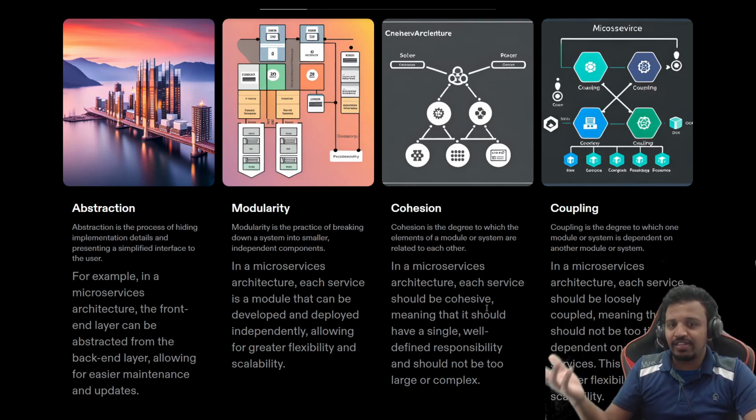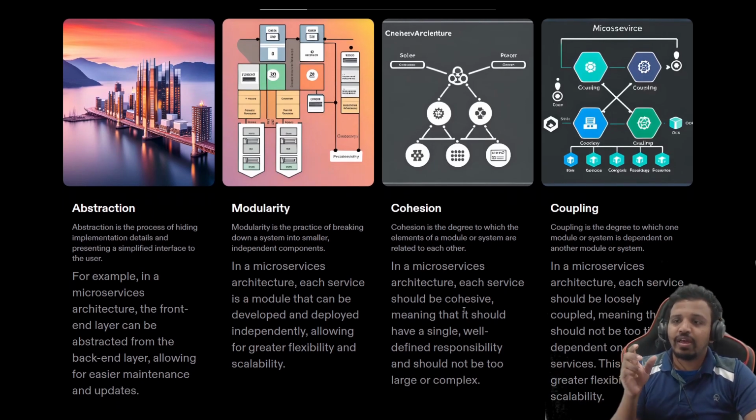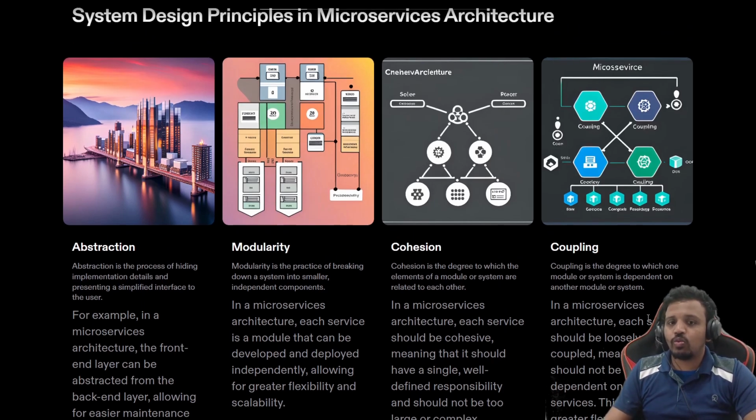I'll raise a complaint that my XYZ service is not working. Can you look after it? He is not going to give me the entire flow, right? For example, I raised a complaint that my internet is not working. He is going to raise a ticket and resolve it. He is not going to explain the entire thing to me. Okay, the same thing is happening with the system also. It is the process of hiding the implementation details. How the thing is happening is hidden, just the output is shown. Okay, this is what is going to happen with this service. If you click button 1, this function is going to work. That is abstraction.